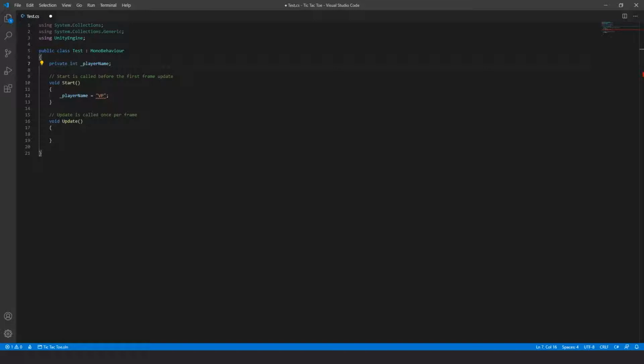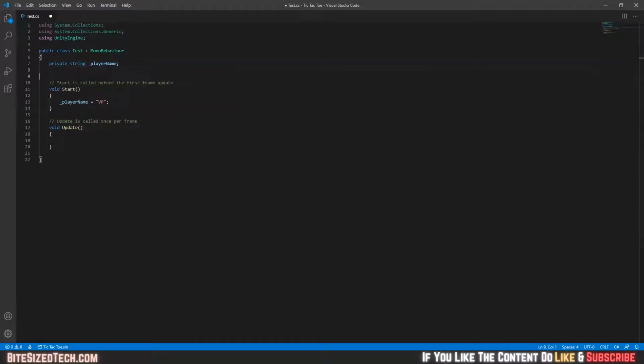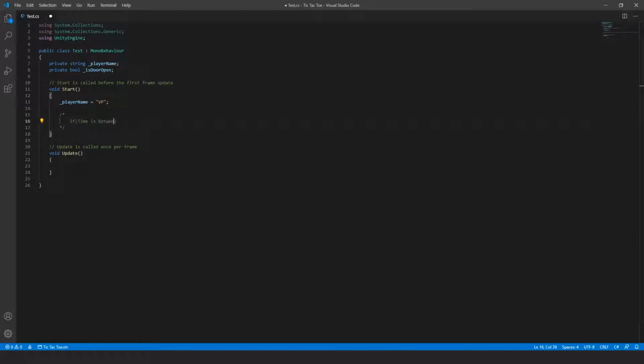First is Boolean. A Boolean can store true or false values. You can use this to store data that can only have two sides. To give more context, let's go back to the RPG analogy and think about a town in this game, with houses that the player can go in and out of during a certain period of time, let's say from 9 AM to 5 PM. You can use a Boolean to set the state of the door, like private bool _isDoorOpen = true;